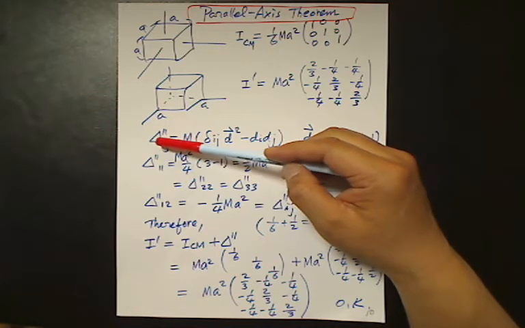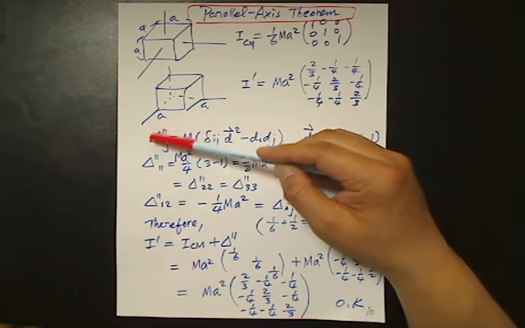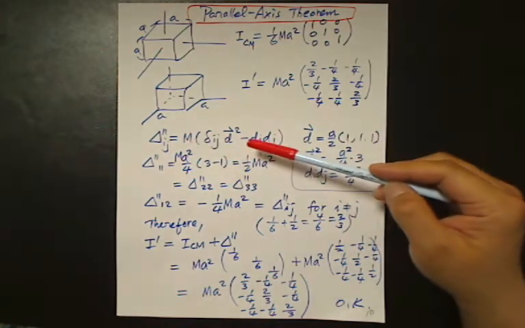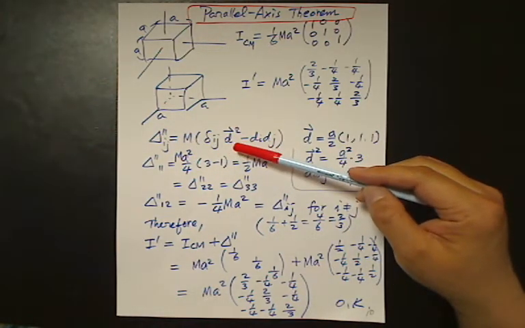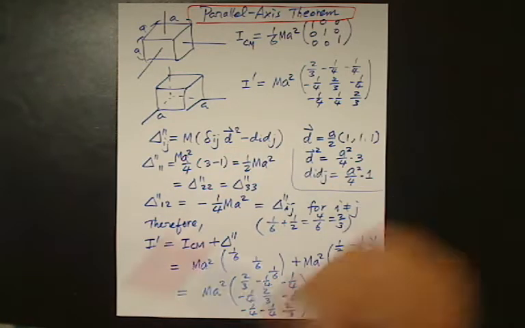Delta parallel is the constant tensor that depends on this displacement vector d, that is,